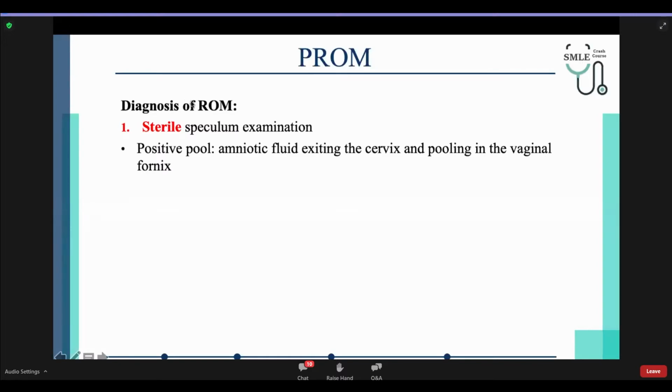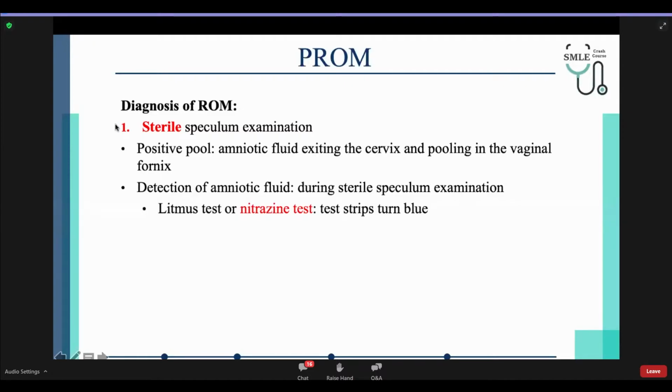Because now there is no membrane and you're suspecting rupture of membrane, you could introduce infection. You could introduce infection to the mother and the baby. So be careful. And you will also detect amniotic fluid during sterile speculum examination. Now, there are some tests that we can do to ensure that this is